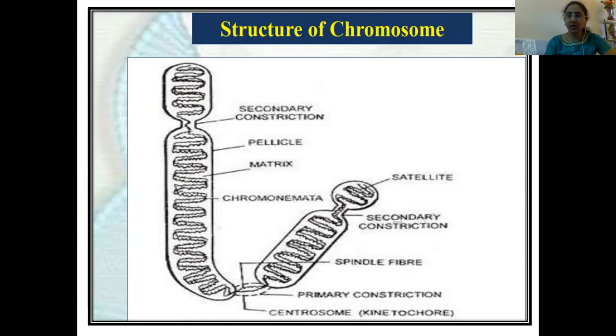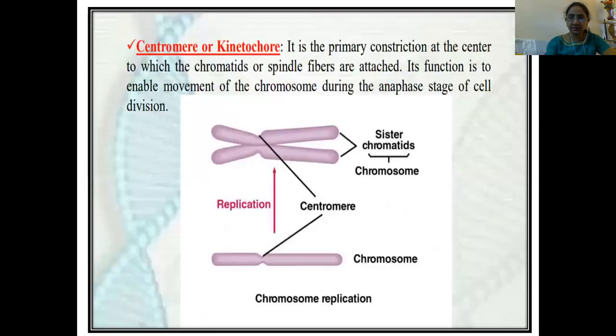And the satellite is the last portion of the chromosome, the telomere region. Satellites are mainly of two types, which we will study in the later slides, microsatellites and minisatellites. Generally in the satellite region there are repetitive sequences, and satellite sequences are mainly present in the telomeric region. Now, one by one, we will go into the detail.